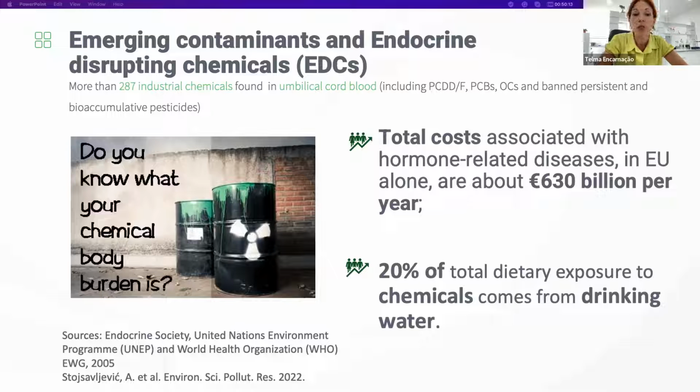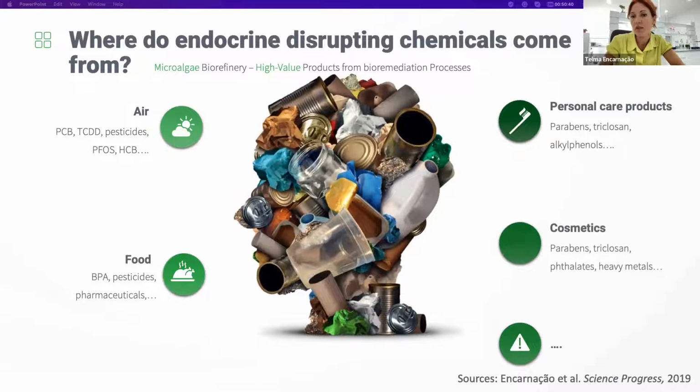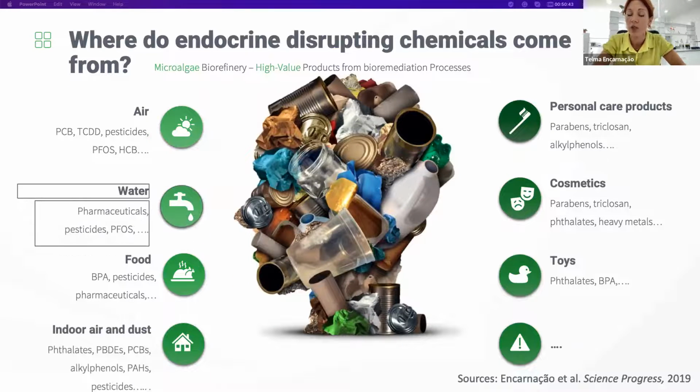Hormone-related diseases are increasing globally, and in the European Union alone, the total associated costs are about 630 billion per year. According to the Health and Environmental Alliance report, by reducing EDC exposure, savings of up to 31 billion per year are possible. Estrogenic EDCs come from a variety of sources. They are in our everyday products, and it's estimated that 20% of the total dietary exposure to chemicals comes from